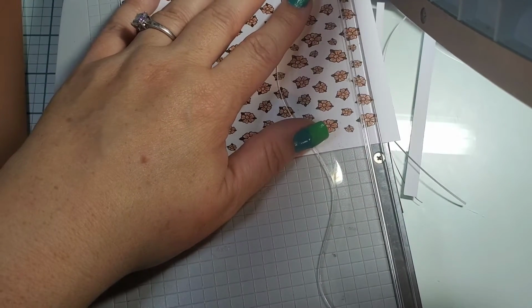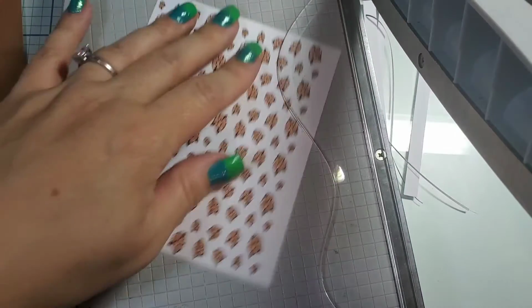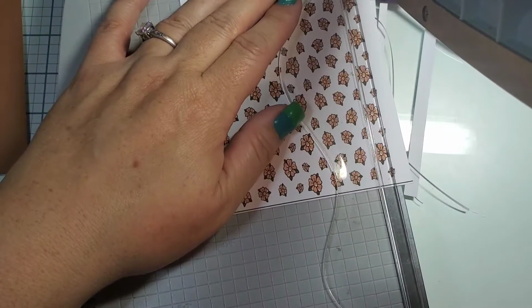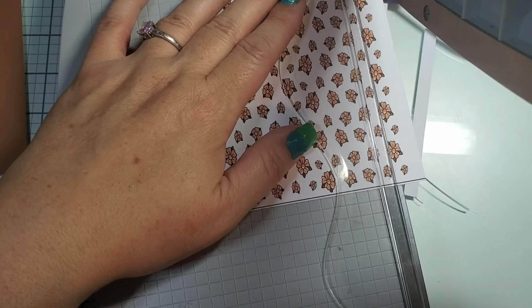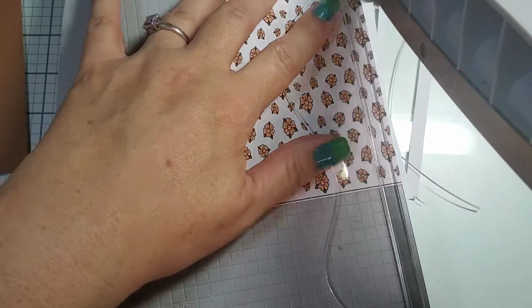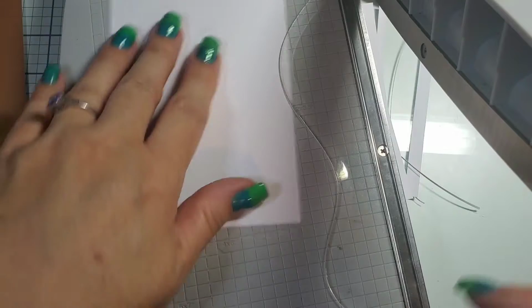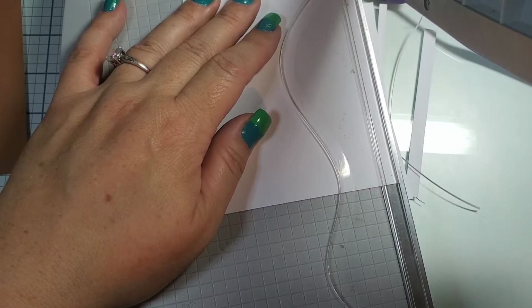And then we're going to cut a little bit off of this. And then see where we're at. So that's 4 1/4. So if we take off another 1/4, we'll take a little bit off of both sides. And we're gonna go down to